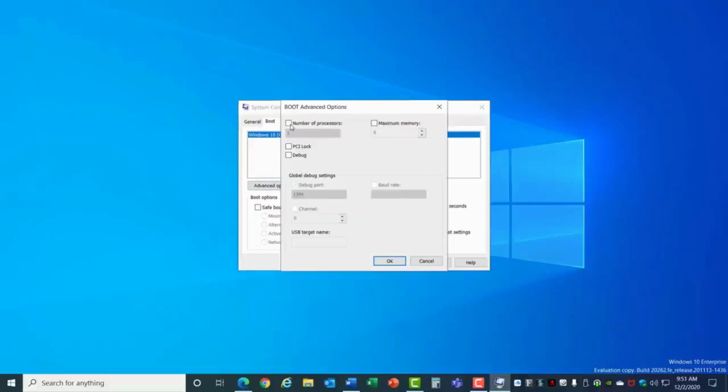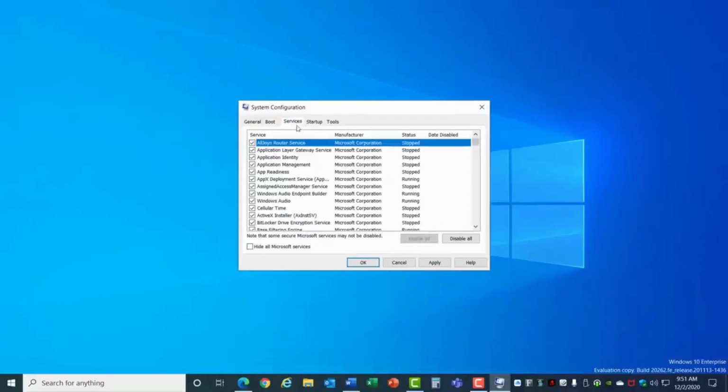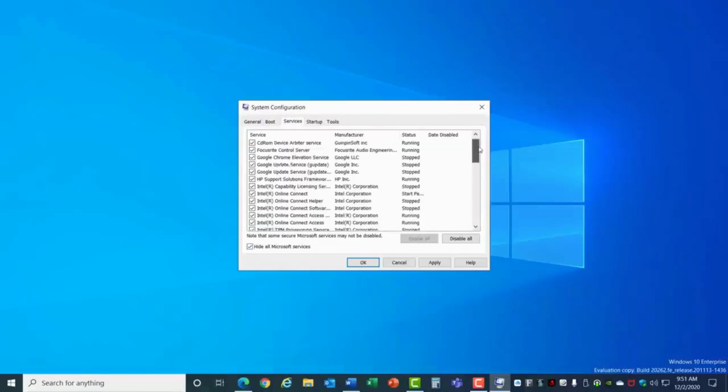Most people recommend turning this box on and then selecting the maximum number of processors in your system. It defaults to the maximum number of processors when this is turned off. So make sure that's turned off and hit OK. Now click on the Services tab. Check this box to hide all the Microsoft services and look through this list to see if there's any services